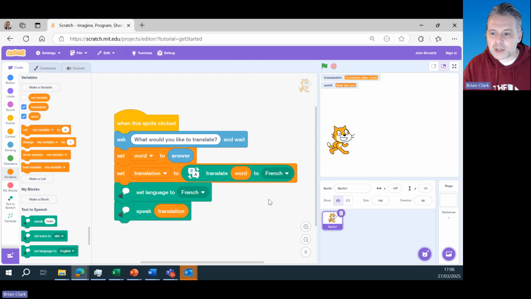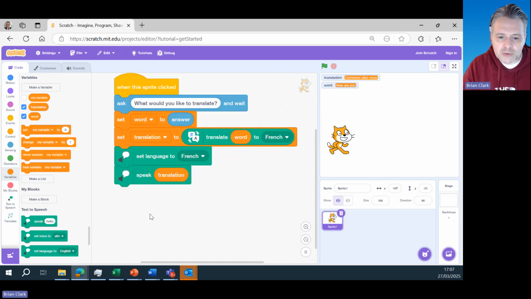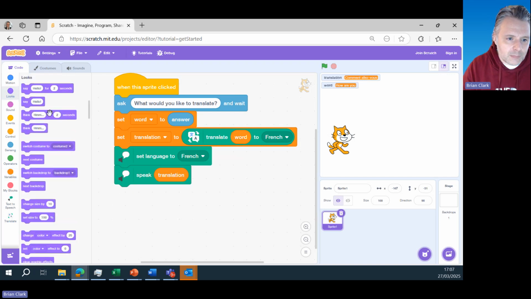So this is our basic translation program. The one thing that I would like to change here, though, is that instead of the words appearing in the boxes at the top, I'd like it if the cat was to give us a little speech bubble with our sentence in there. So to do that, once we've said speak translation, what we'll do is we'll go to the say command, which is in Looks, and I'll say hello for,